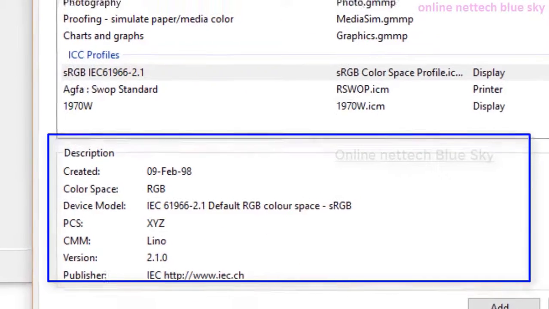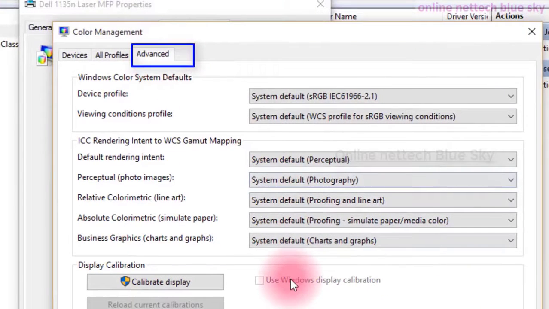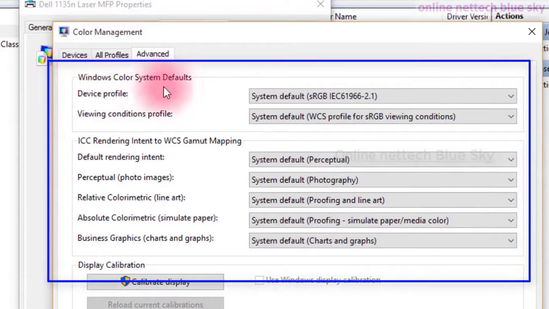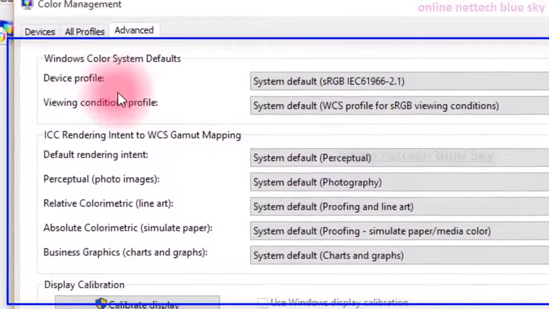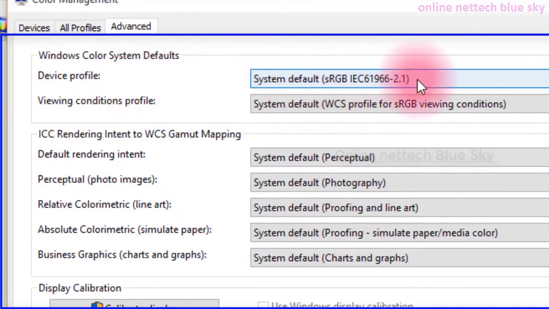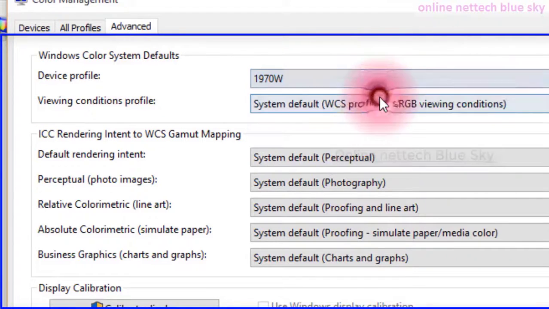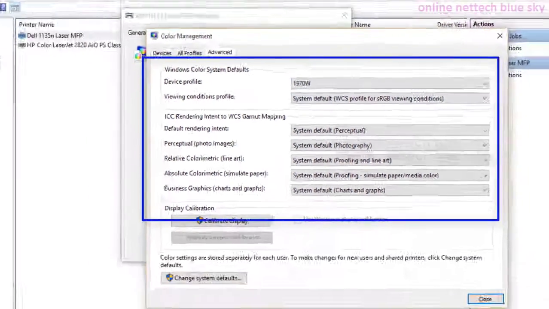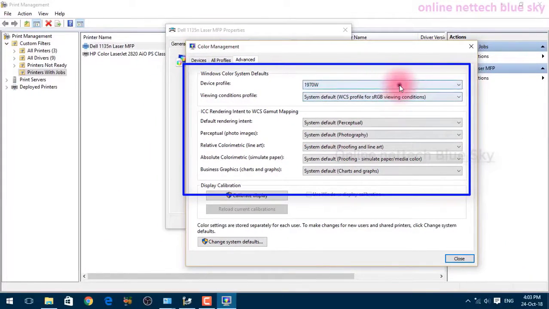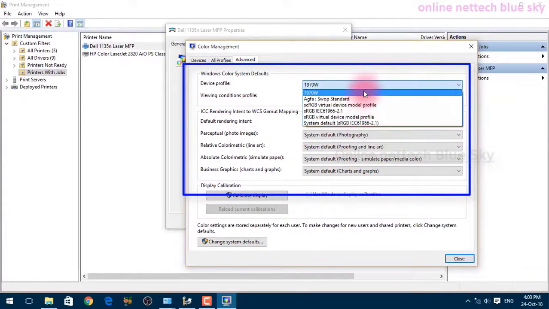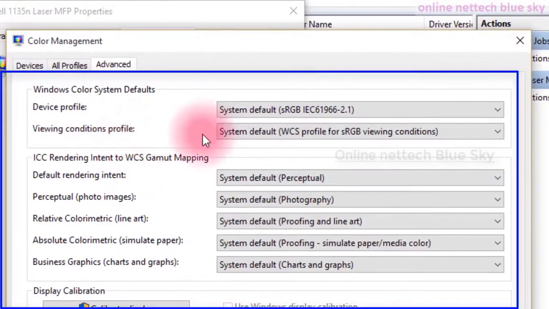You can see the ICC type systems here that make the profile file. You can go to Windows advanced systems here and see different types. For the device profile, first select the device you want to change. So I'm selecting my display setting, my display options here. I want to change my display, so I'm just showing here.